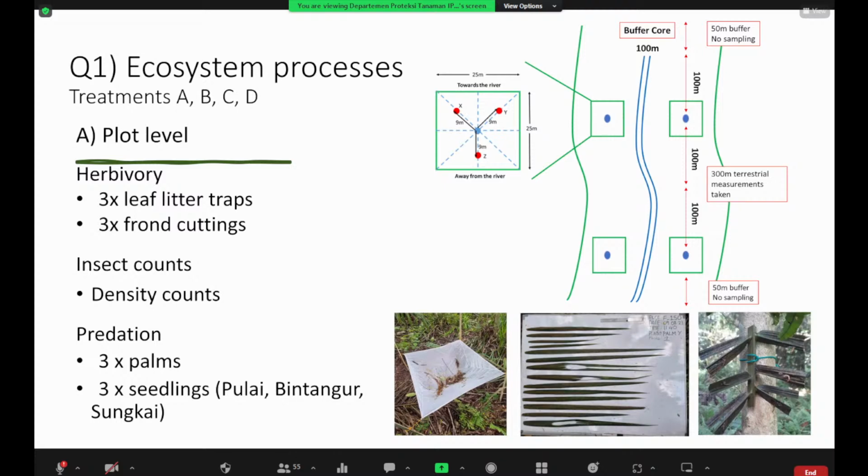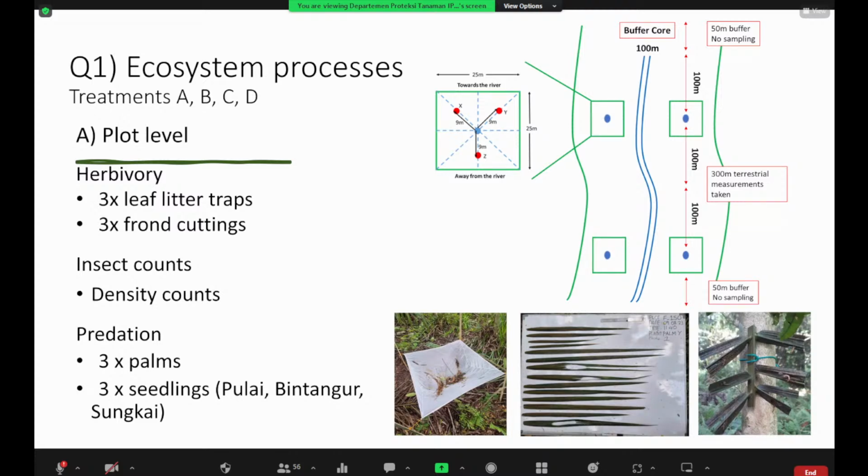And then I dried the contents following standard rainfall protocol, and then weighed the contents, separating them between leaves, woody debris, fruit, flower, and seeds. Because palms don't drop leaflets like seedlings do, I did some frond cuttings, and I did 1 from 3 palms per subvegetative plot. I then took a subset of 20 leaflets, put them on top of a whiteboard, and I took a photograph of it out in the field,